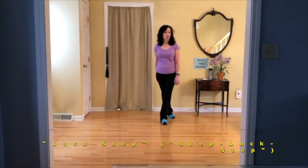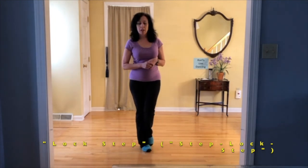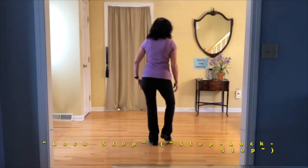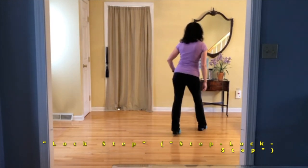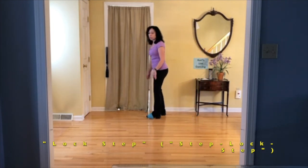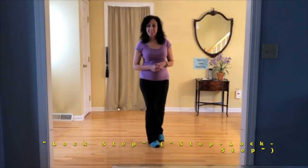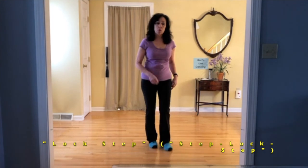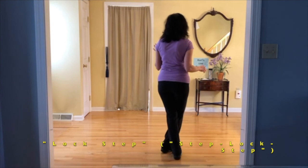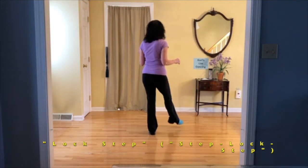Sometimes beginners can have a hard time with that. Remember, you've got to get your weight on that lock step. If you're having a hard time with your balance on that, remember you can do the step up, together, up again, brush. You can start that way just so you get a little more sure-footed and then move into that lock step. So let's do a few more of those with a count. 1, 2, 3, 4, 5, 6, 7, 8. 1, 2,